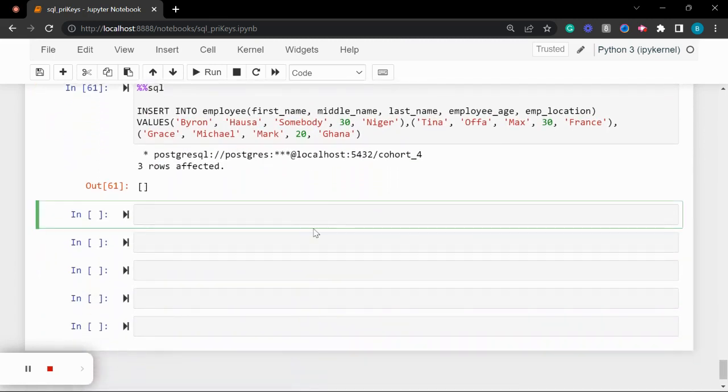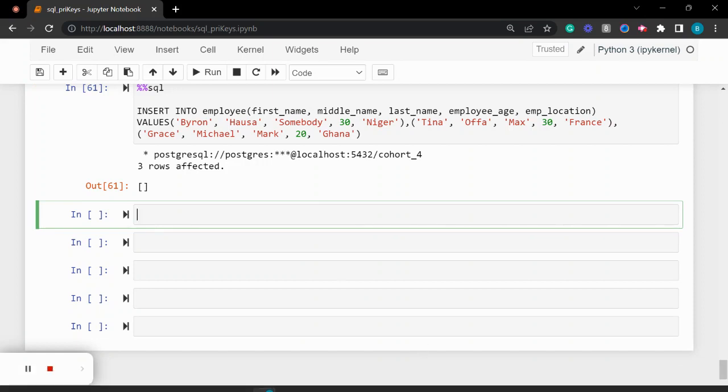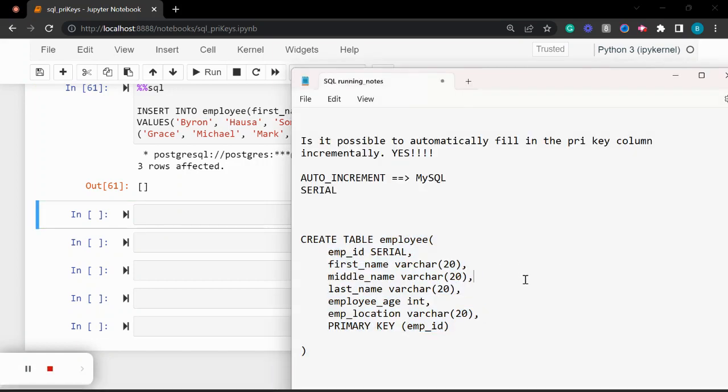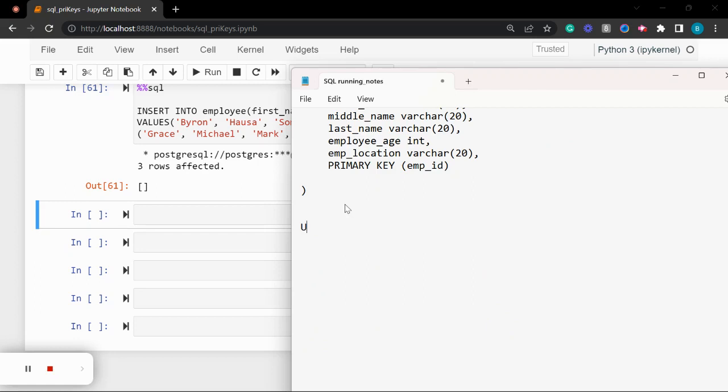Okay, so now there's something else that is similar to the primary key, and that is called the unique key. This is not very easy to explain, but it's easy to understand because the unique key does the same work as the primary key. The differences are very internal. All right, so the unique key does the same thing as uniquely